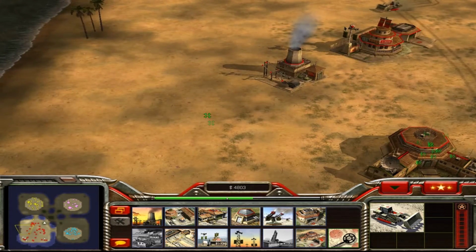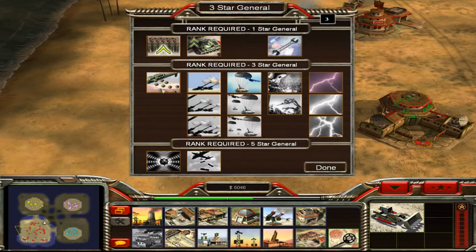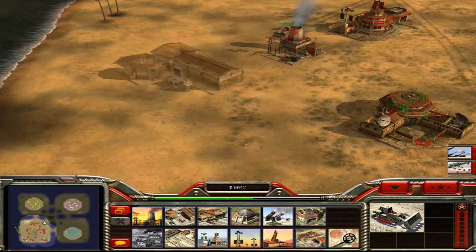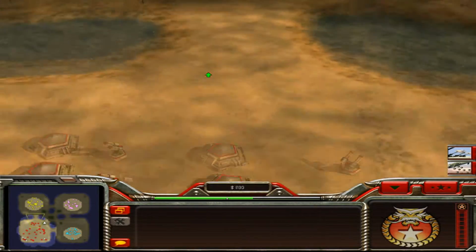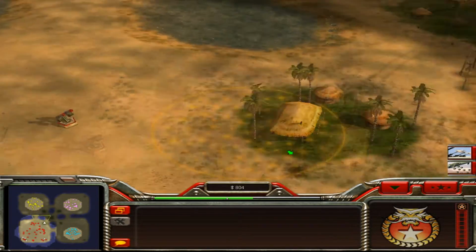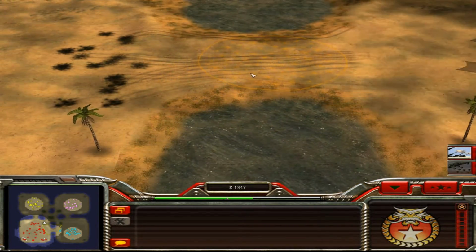We have plenty of power. Congratulations, General. You have been promoted. Rank 3, we're going to do the cluster mines, 2 artillery barrages. Now, I'm going to show you the cluster mines on this map because there are such small funnels for the enemy to come through. We're actually going to put this over here, considering...